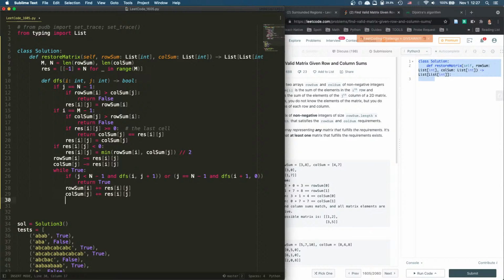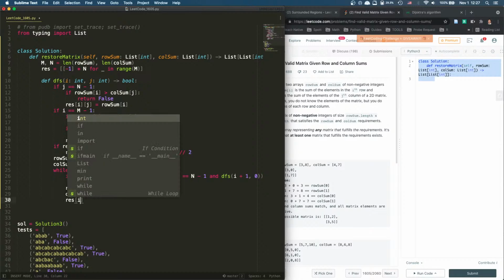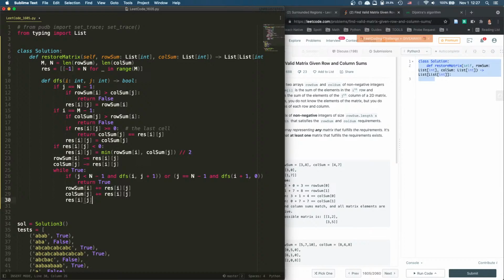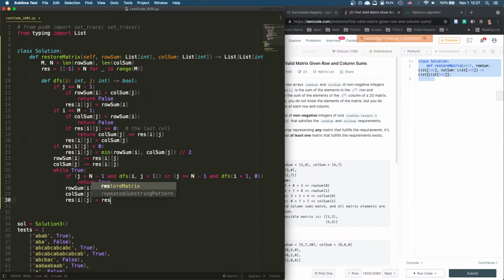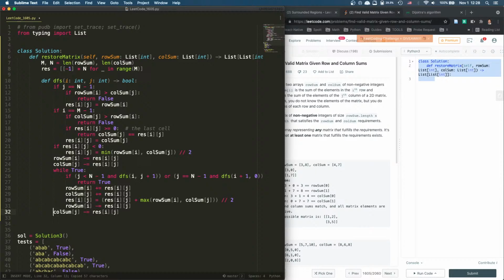So I say res ij is going to equal res ij, the current ij, plus the maximum of row sum i and column sum j, the maximum of these two, and then divided by 2. So I pick a bigger one, and after I pick a bigger one, I'm going to do this again, updating, right? So update and go back up